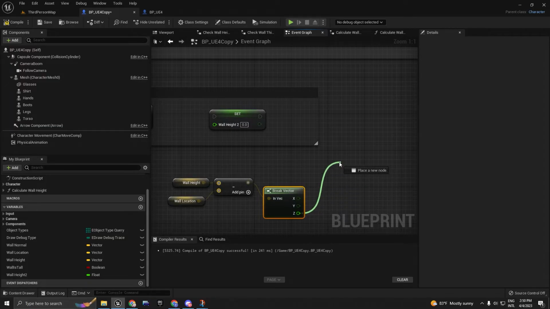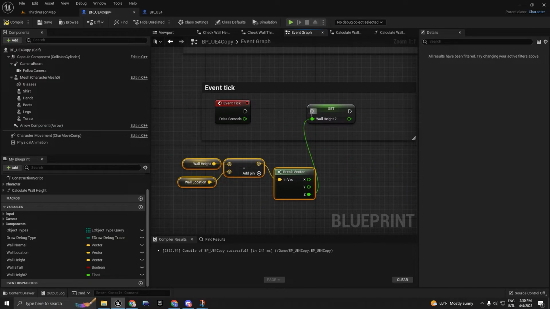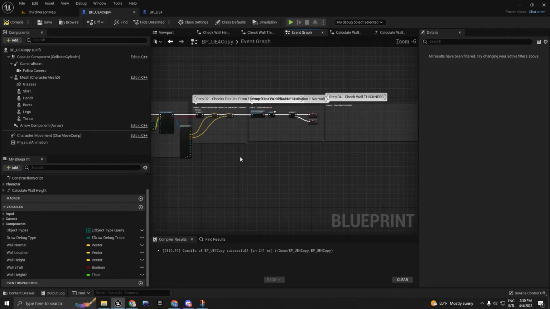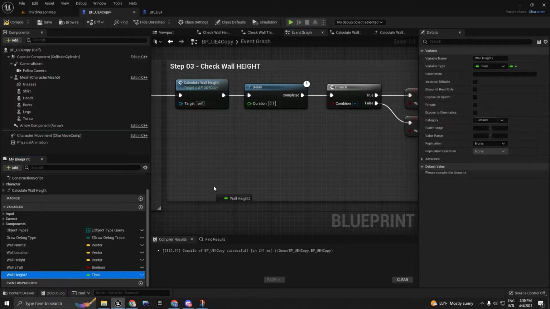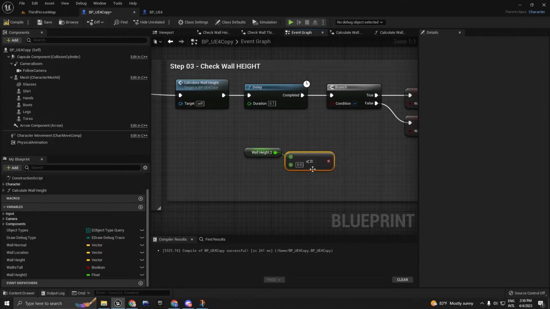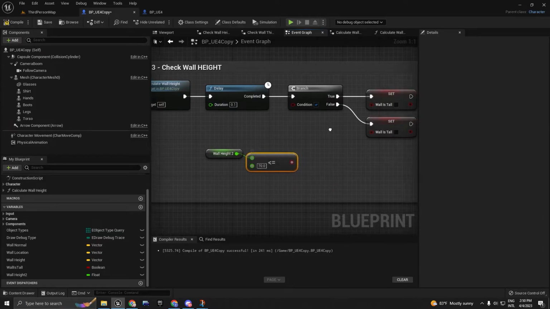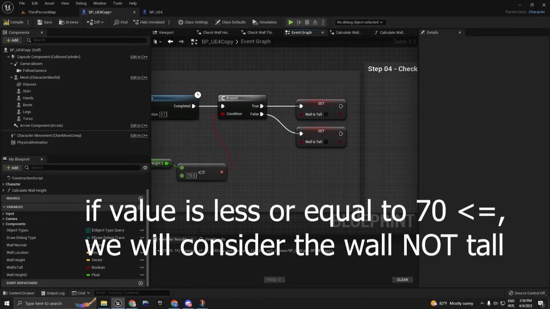And here on the Z, we're going to connect to wall height. So that's the way you're going to know the wall height. So back here on the bridge, drag and drop the wall height, and if the wall height is less than 70, we're going to consider that this wall is